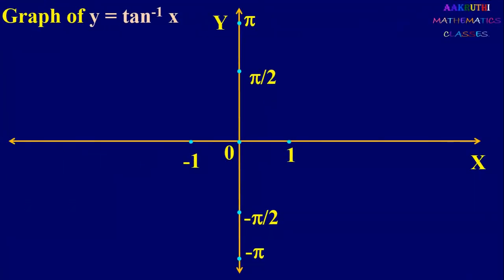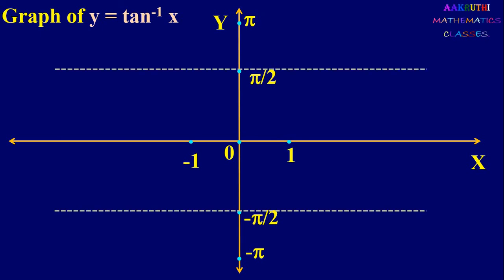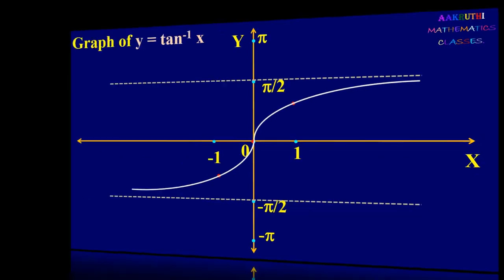So next one, we draw graph of y equal to tan inverse x. To draw graph of y equal to tan inverse x, we draw lines parallel to x axis when tan theta is infinity. So we know that tan theta is infinity at minus 90 and plus 90. So tan 90 is infinity and tan of minus 90 is minus infinity. We draw lines parallel to x axis at minus 90 and plus 90. And we know that tan inverse 0 is 0 and tan inverse 1 is 45 degree and tan inverse minus 1 is minus 45 degree. When theta is nearly equal to 90 degree, tan theta is very large. Similarly, when theta is nearly equal to minus 90, tan theta is very small. So we join all these points and we get graph like this. This is graph of y equal to tan inverse x.